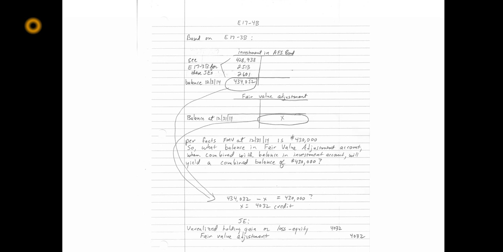the following three entries that you see: the acquisition entry made on the day we bought the bonds, plus the two entries to accrete discount on 6/30 and December 31st, yielding a balance in the account at December 31st, 2014 of $434,052. Now, the facts of the problem tell us that the value of the bonds at December 31st, 2014